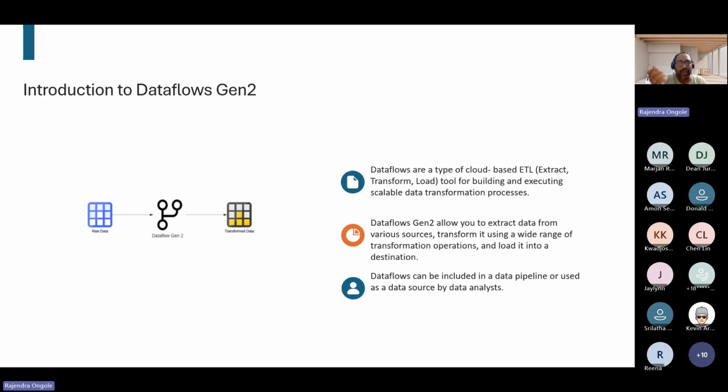And Dataflow Gen2 allows you to extract the data from whatever you are currently extracting in the Power BI desktop, 100 plus data source systems. Similarly, in the cloud-based Microsoft Fabric, Dataflow Gen2 will also allow you to pull over a wide variety of data source systems, and we can internally perform a wide variety of data transformations and load it to the